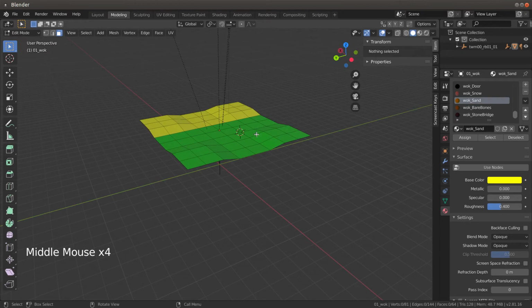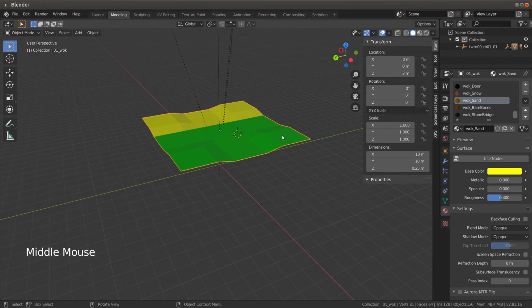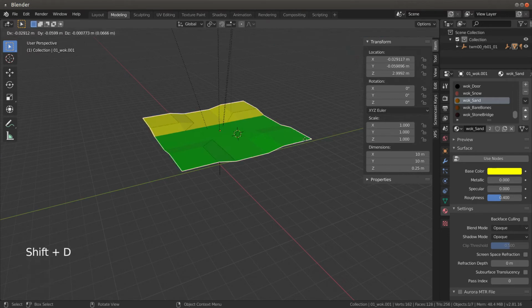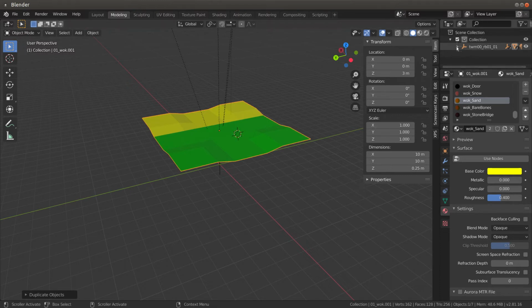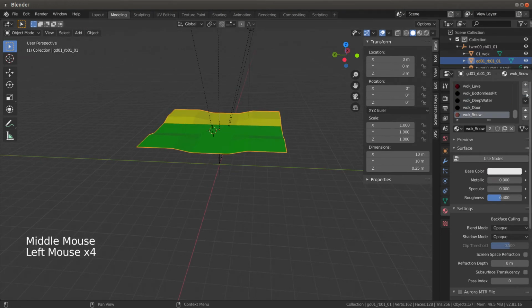So now that I need my mesh, I'll go ahead and tab out of this, go back to just the mesh itself. I'm going to hit Shift D, and that's going to make a copy of it, right? At that point, I'll come up here. Here's the copied version. I'm going to name that, say, GD for ground, 01 underscore RB0101. Okay, so there's my ground name, just a custom name for it, and I will go ahead and get rid of all these